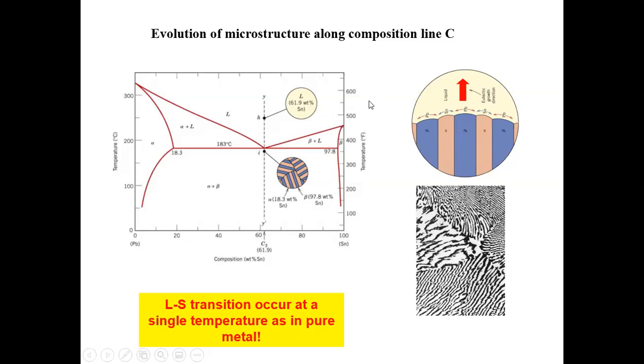Instead of growing a very large region of alpha and beta separately, what I do is that I have this alternating fluctuations of density, right? The alpha region has smaller amount of beta. So what I can do is that I can simply repel the actual amount of tin into the nearby regions, which can eventually form beta. And for the same reason, the beta can repel the actual amount of lead into surrounding nearby regions, which eventually going to form alpha. So that's why, again, it's a very brief